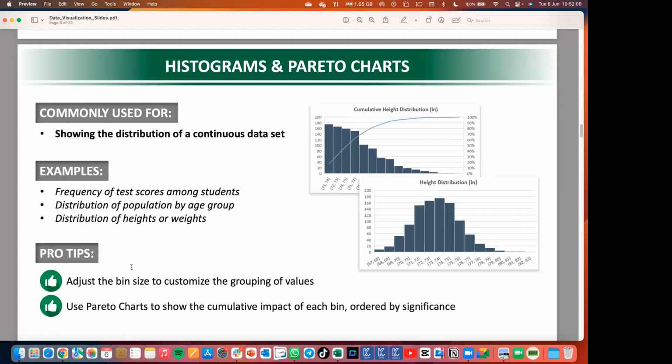Now here are the pro tips. They are saying adjust the bin size to customize the grouping of the values. You can always adjust this. We saw the other time how we adjusted the bin size. Actually, sorry to those guys who skipped that session, but I know the recordings are there. We can always go back and review. We did